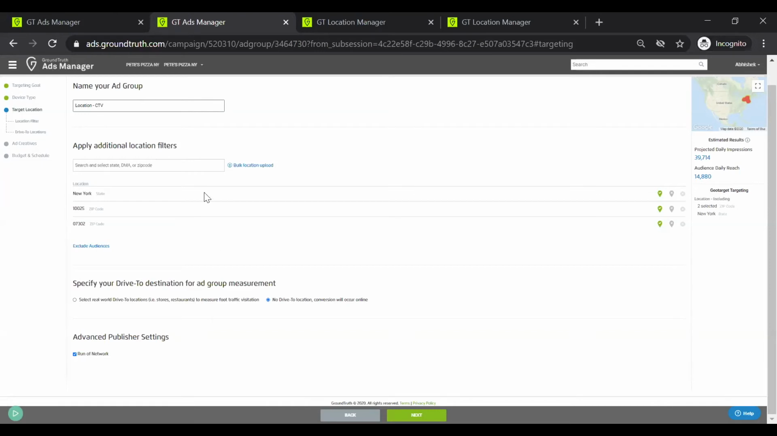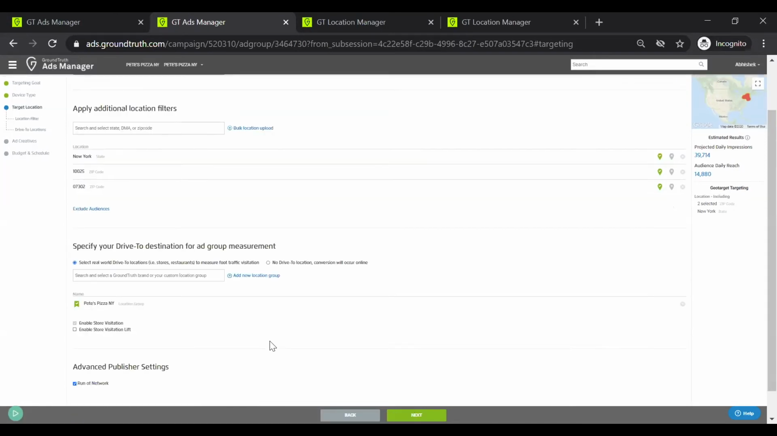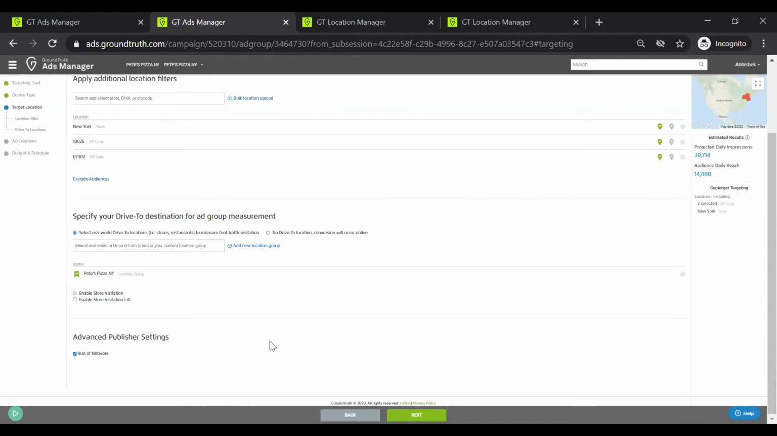So once you have done with the location filters, again, you would then basically select the location that you want to track visits against. So you would use the same location, which is Pete's Pizza, New York. And again, you could see it's the same as desktop. You won't be able to use any sort of demographic or technographic targeting, and you won't be able to save any audiences as such for the time being. So with that, you would go to the next section,